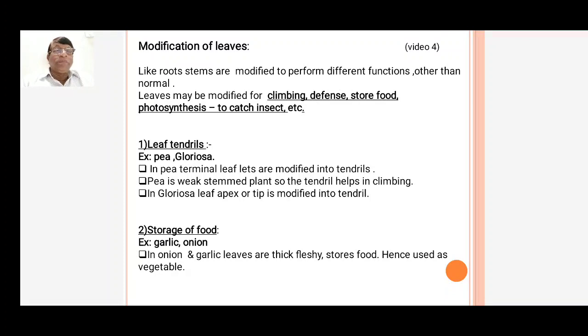Okay. Then, if we examine another plant, garlic. You know garlic? Garlic means what you call bellulli. In garlic, the leaves are thick